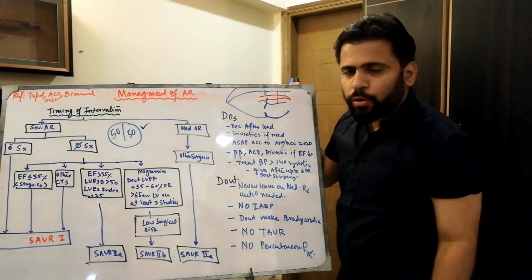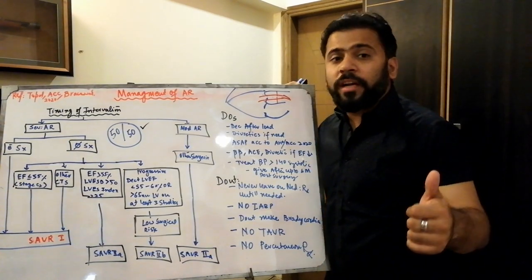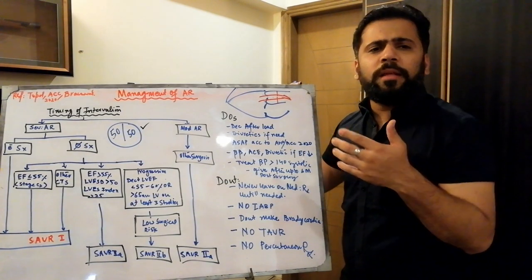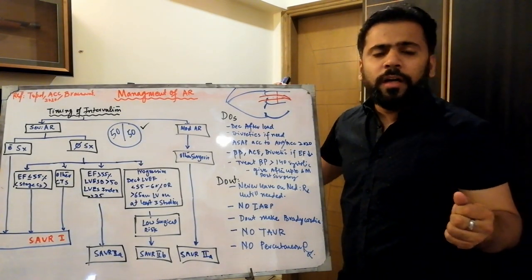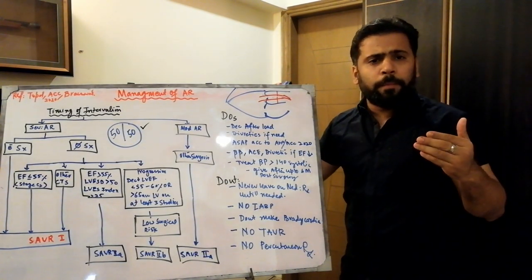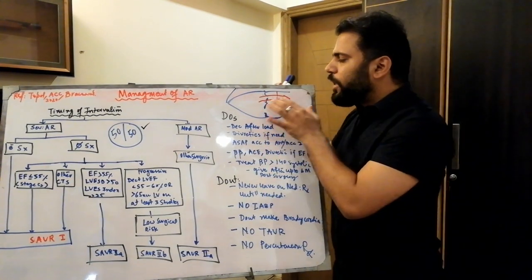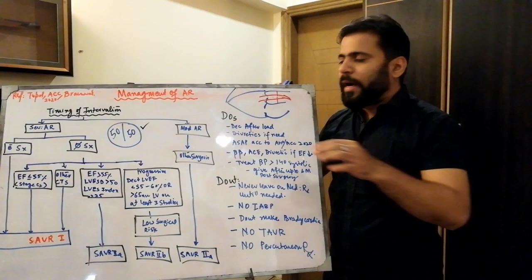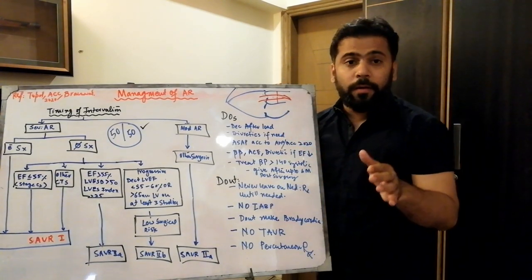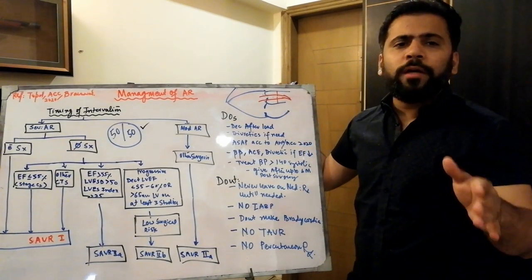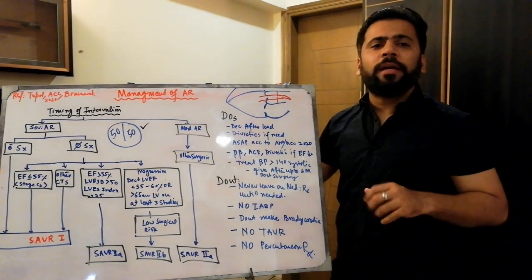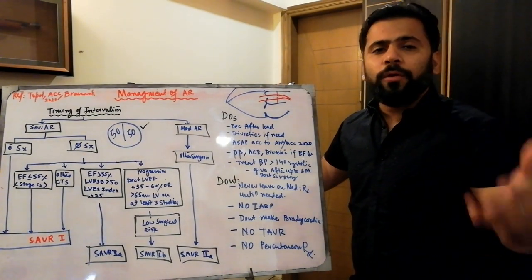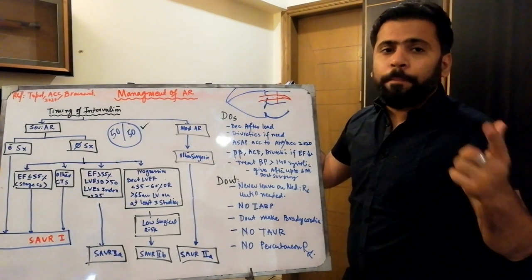So the important thing, rule number one, to manage chronic AR, you have to decrease the afterload, you have to relax the aorta, and afterload reduction can be achieved with ARBs or ACE inhibitors. They are the best afterload reductors. So the best thing to choose for decreasing the afterload is ARBs or ACE. But keep one thing in your mind, that ARBs and ACE are not going to decrease the progression of AR. They just decrease the afterload.